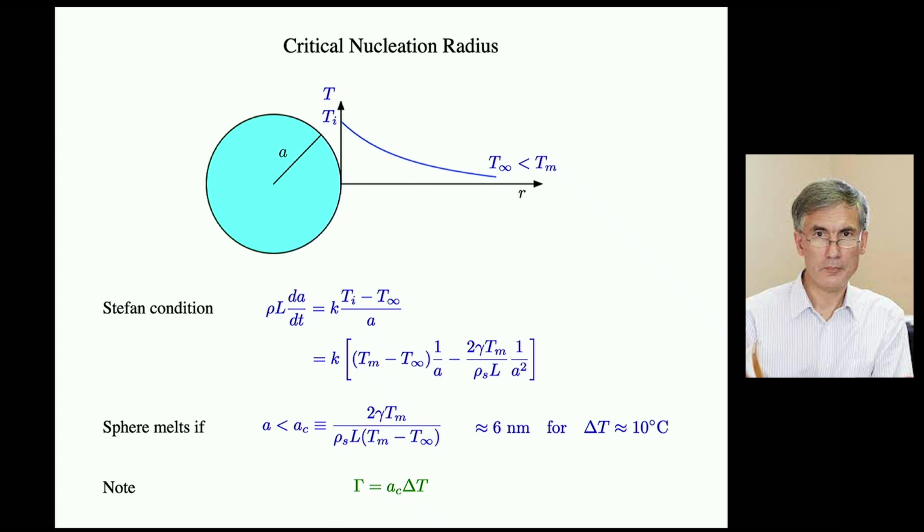This term is negative, and it says if A is small enough, 1 over a squared is going to be bigger than 1 over a, and this negative will come in, and the sphere will melt if the radius is smaller than some critical radius, AC, which is given by this expression. Okay? And if you put in some numbers, it's about 6 nanometers, so not very big. So if I'm really talking about a hailstone or something, then we really can forget about all of this. But it matters